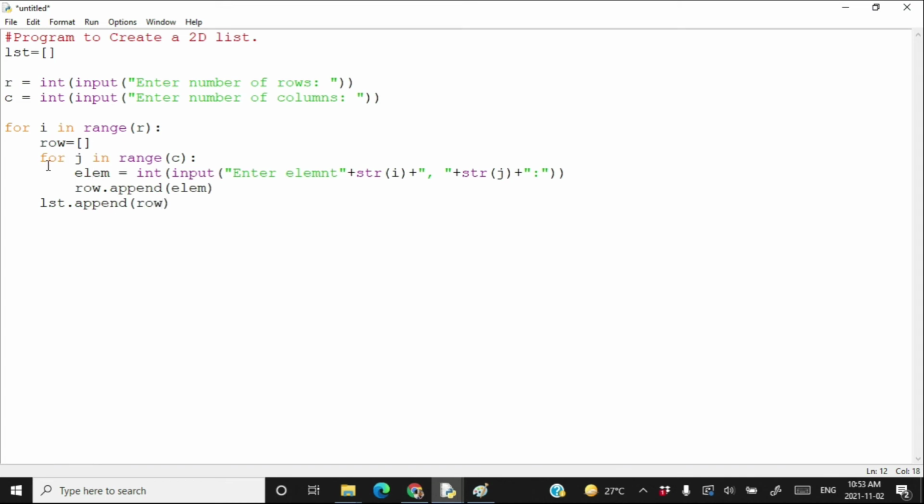So what we are doing here in the inner for loop is taking one element as input and appending it to the row, and when we are done adding all the elements in a given row, we add that row to the final two-dimensional list. That's what we are doing. And after execution of the for loop, print the list: list created is lst.